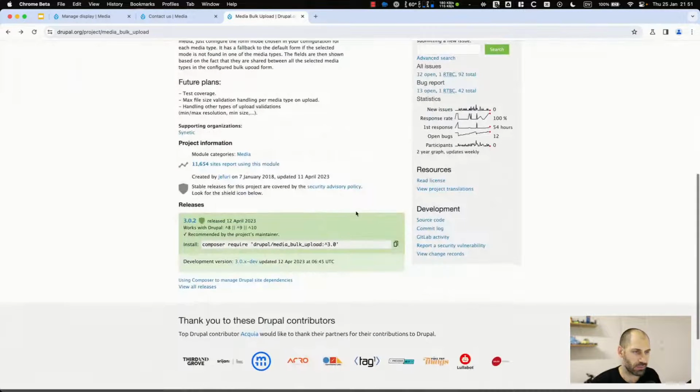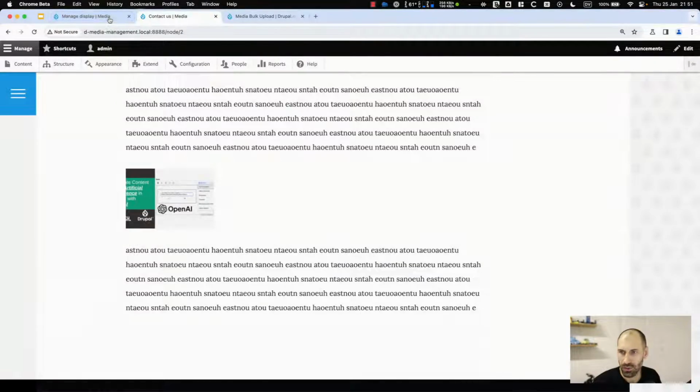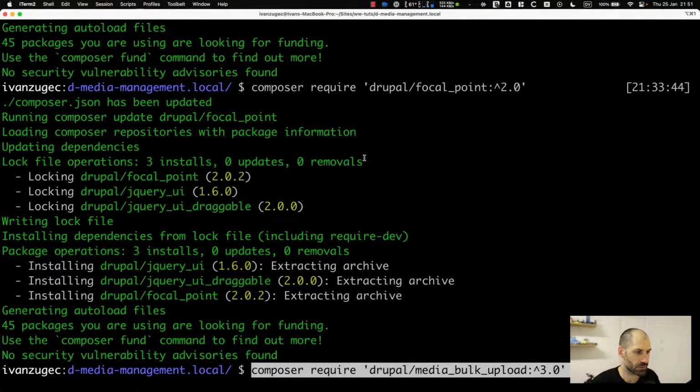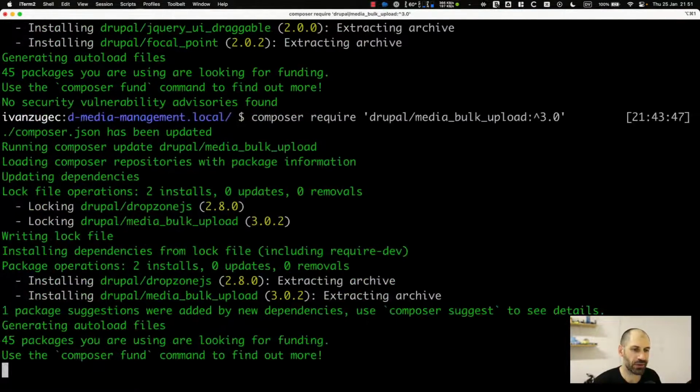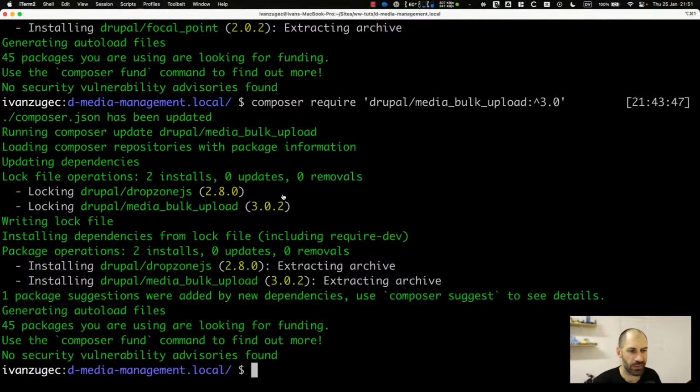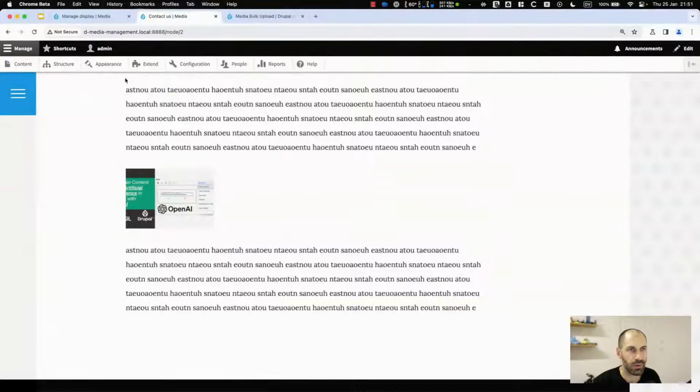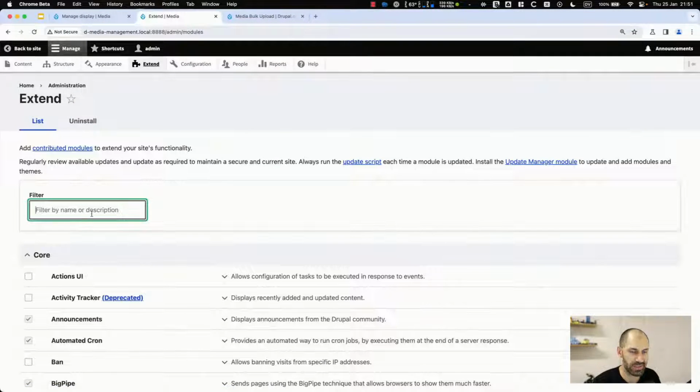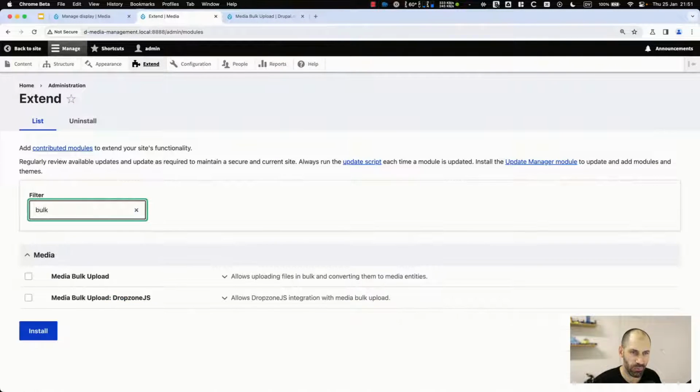and download this module. So let me go into Composer, download it. And what's going to happen is we're going to go to extend. I think we type in bulk. And even though